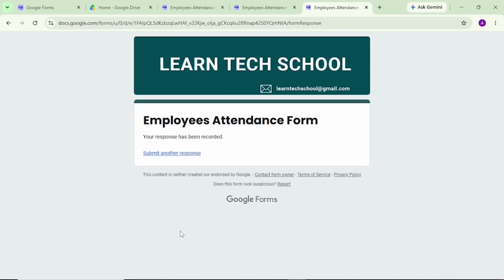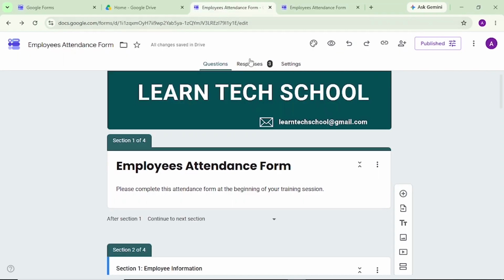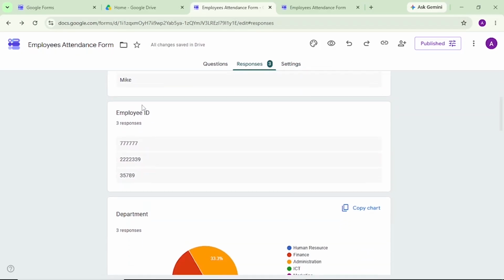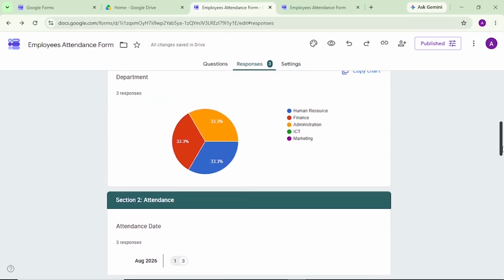Now the last section, we're going to see how many people have responded to our forms. It will indicate 3 responses. With this we have summary. So the summary is going to give you the names of the respondents, employees ID, all the IDs of the respondents. Then the third section is going to give you the department